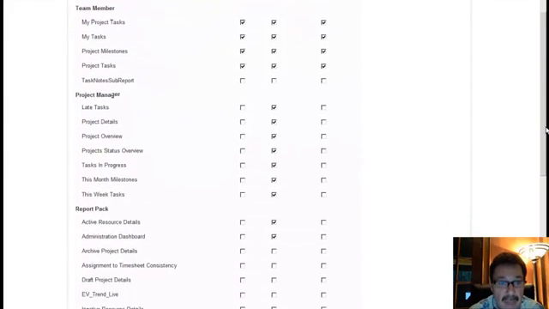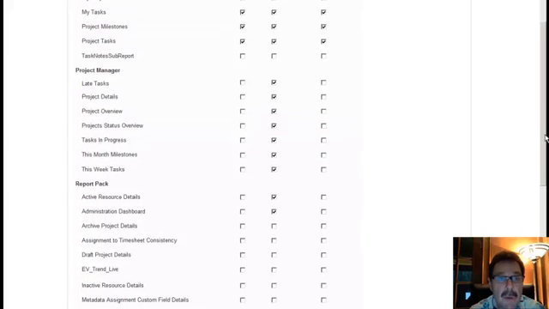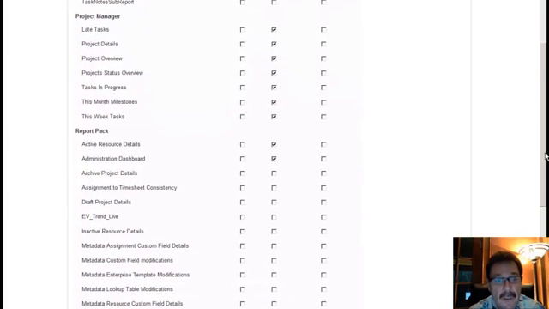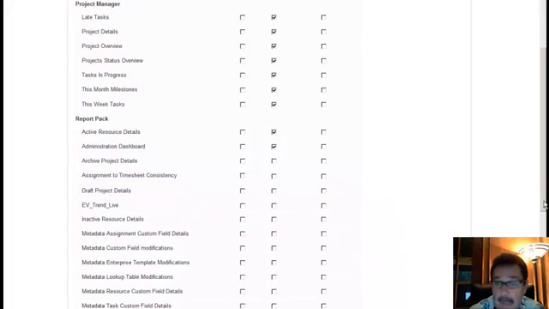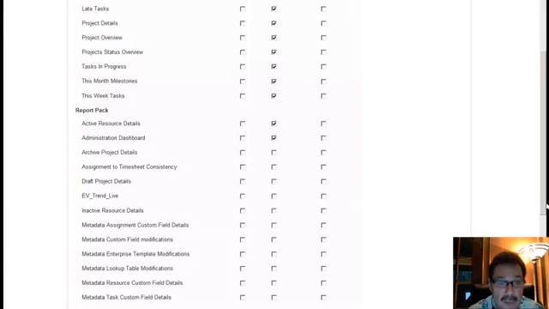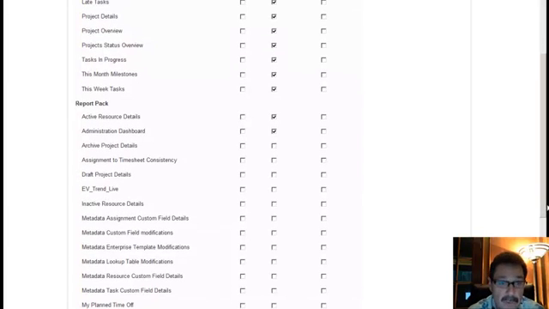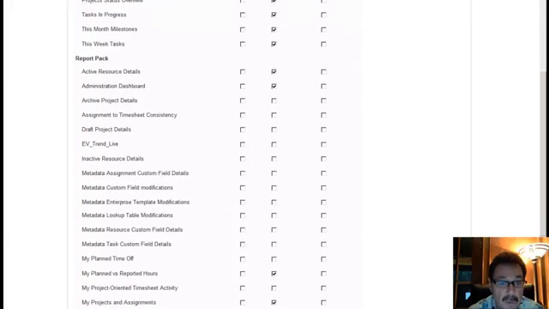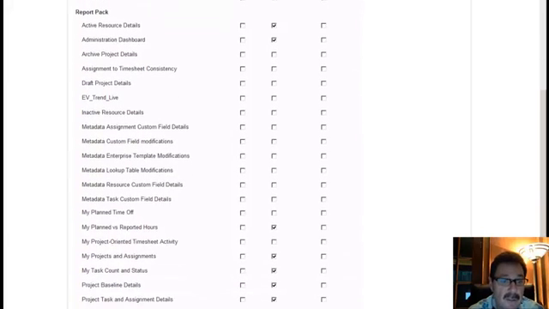I'm going to continue to show you that in addition to team member, project manager, there's a fair number of other kind of reports that we've got in what I call the SharkPro report pack. Some of them are administration, some of them are related to timesheet. For those that may be using Project Server without SharkPro projects, a lot of these reports might be useful to you. There's reports related to resources,